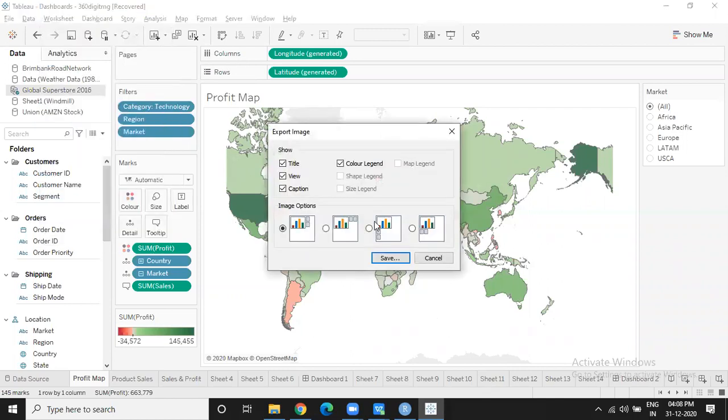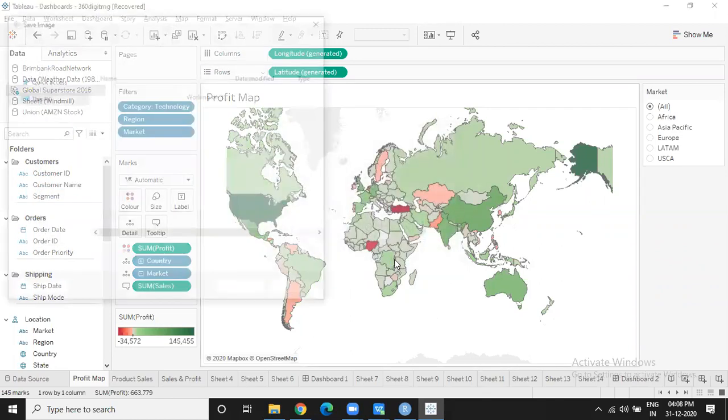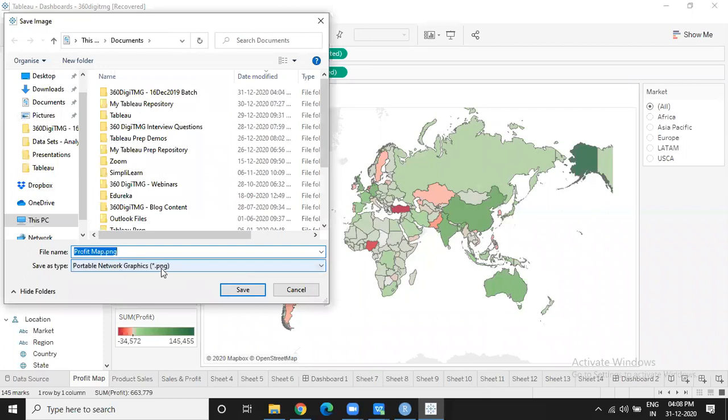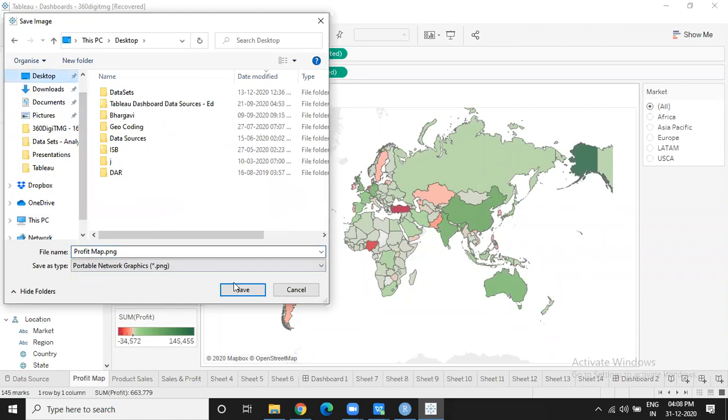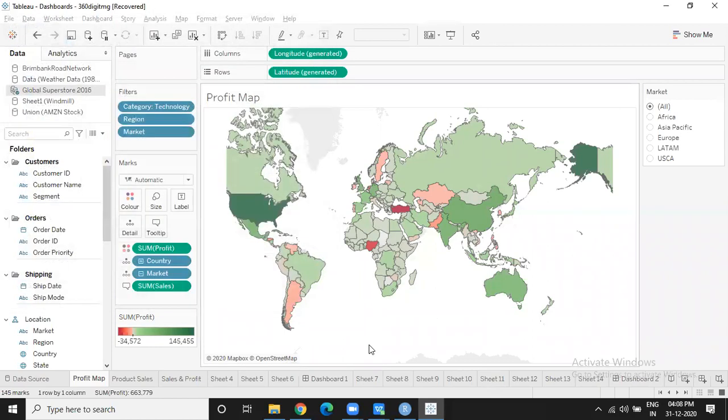Exporting only image is there. It will get saved with the extension .png, Portable Network Graphics image. So this is the tool, sir.